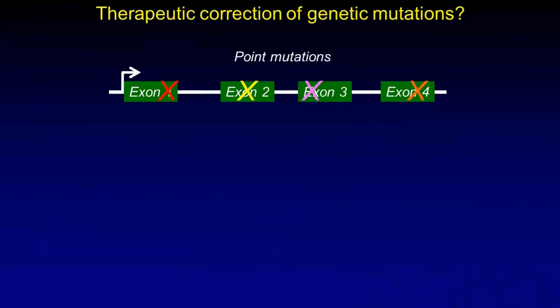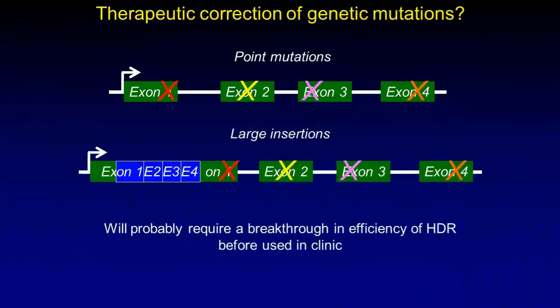So oddly enough, one of the thoughts about trying to do therapeutic correction for genetic mutations is not to go in and change the actual mutation, but rather to use a large insertion where you could install a kind of mini gene into some early part of the gene, so that you would have a gene function that was still under control of the endogenous promoter in the physiological location, but now you have a cassette that would essentially bring back that gene's expression without having to fix every mutation that's in the gene.